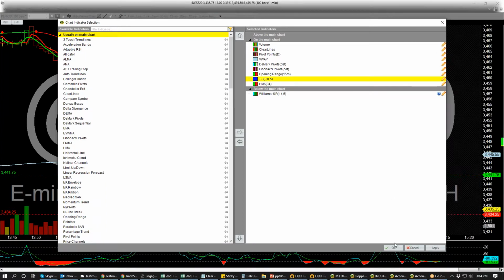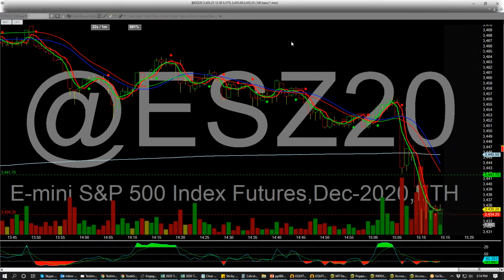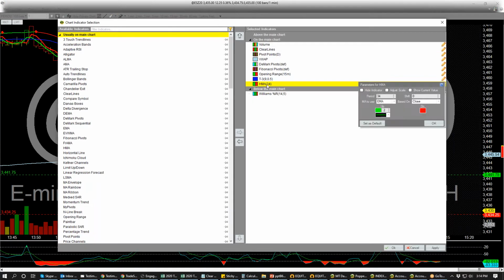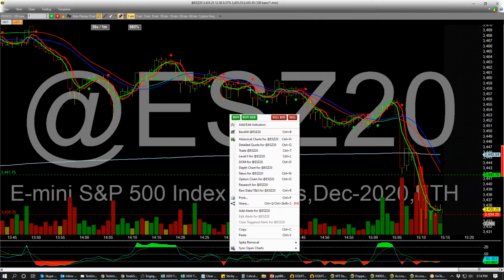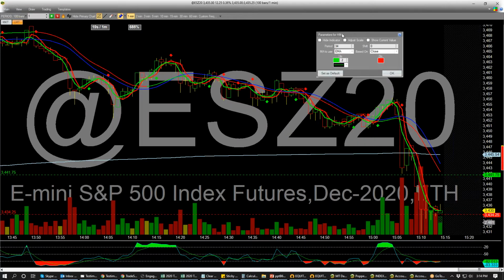Let's show the indicator. So what I did is I went into the HMA editor. Whoops, that's not what I wanted to do. You have to click on the line to do it this way. There you go. So I clicked on the line, and I started experimenting by adjusting the EMAs up and down